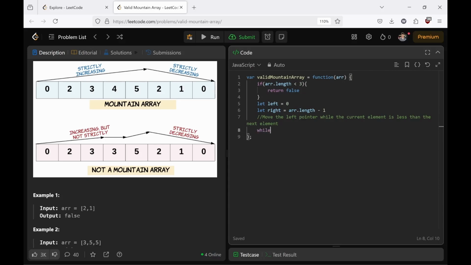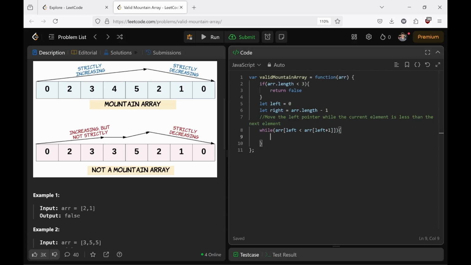So while array left is less than array left plus 1. So while the value at index 0 is less than the value at index 1, then we can move our left pointer,